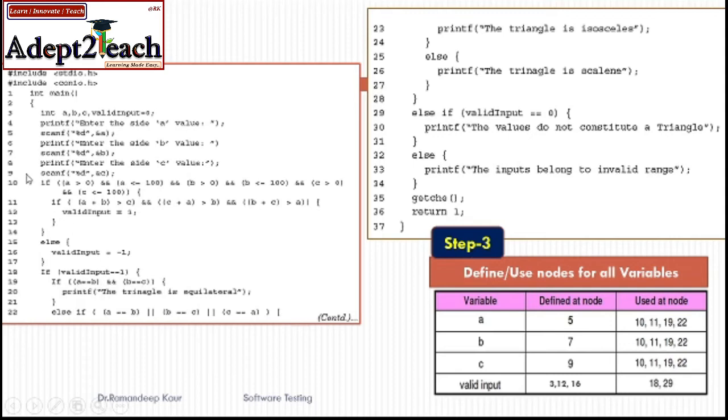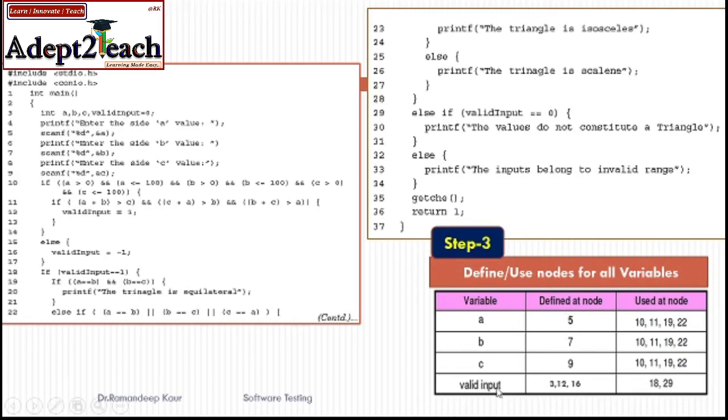Then I will go with variable B. So let's see where the variable is getting a value. It is at node number 7. So node number 7 is the defining node for variable B. Next I have variable C. So let's see, variable C is getting a value at node number 9. So I have recorded these values here in the table.